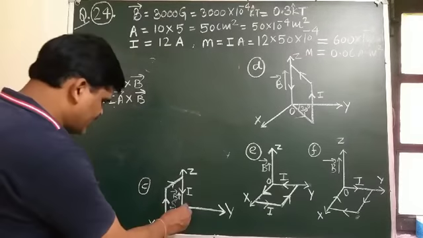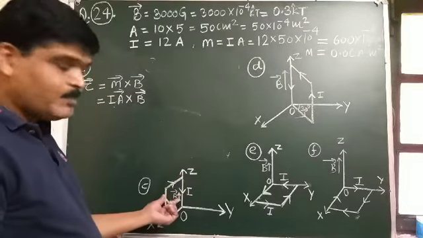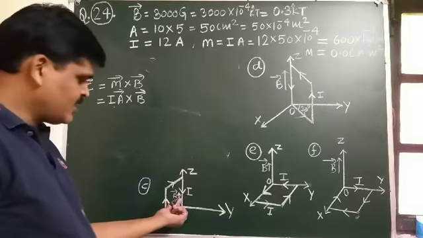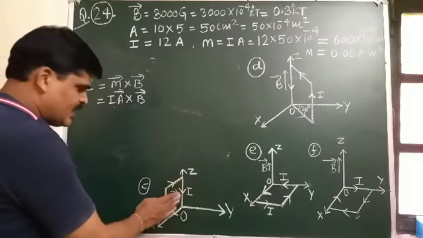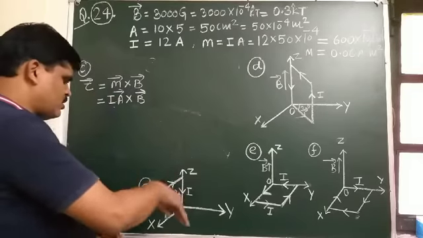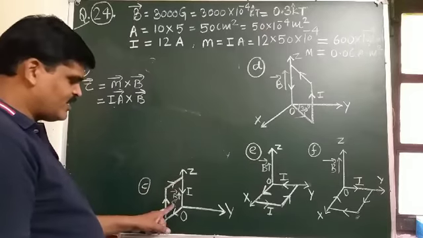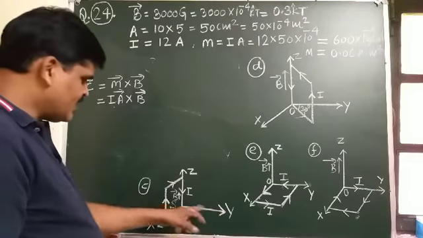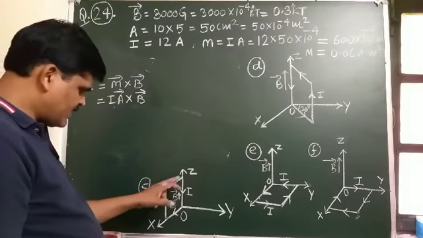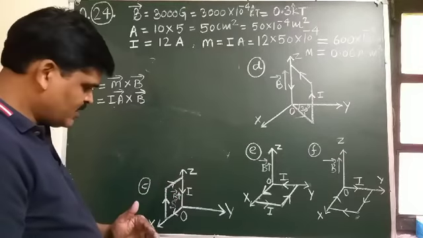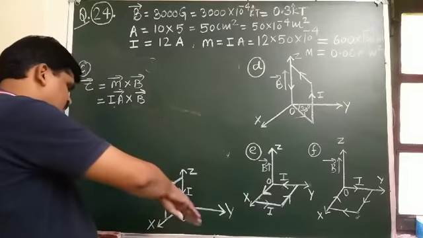And here you see the diagram. Current is flowing in the clockwise direction. So direction of magnetic moment from south to north, it means perpendicular to this plane. And direction of area vector is the outward drawn normal, perpendicular to the xz plane. Perpendicular to the xz plane means towards the negative y-axis, because the direction of current is clockwise. This face behaves as south. And direction of magnetic moment is from south to north.